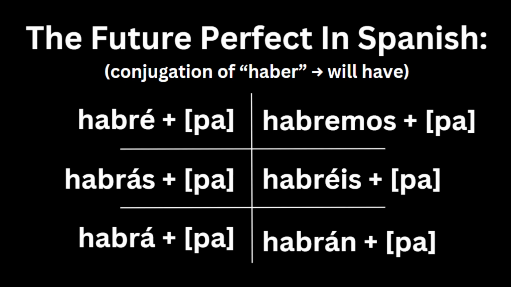If anything, the future perfect is a tense that is useful to know, but not useful to utilize simply because it's used in rare cases when talking about actions that are guaranteed and completed by some point in the future. Both literally and conversationally, the future perfect is not used very often, if ever, which is why it's useful to understand how it works, but not so much to use.